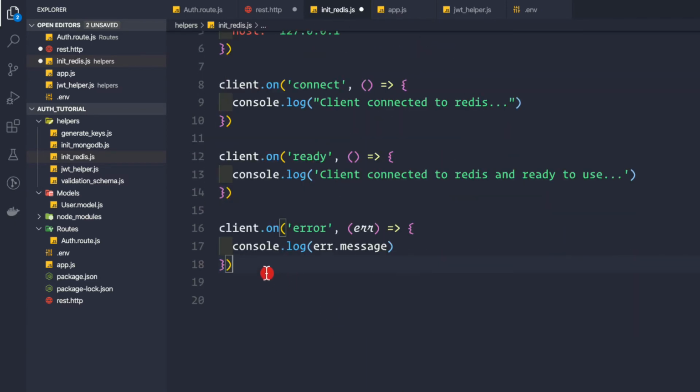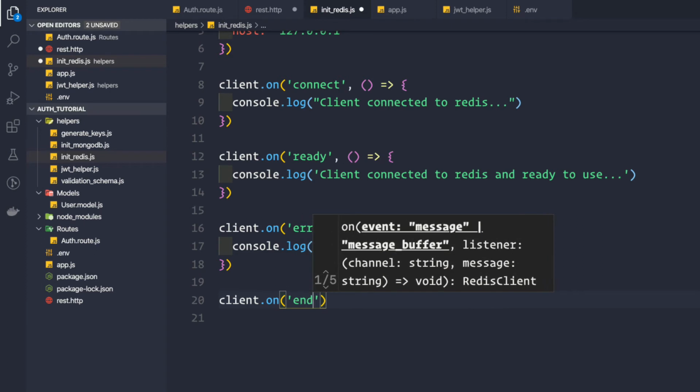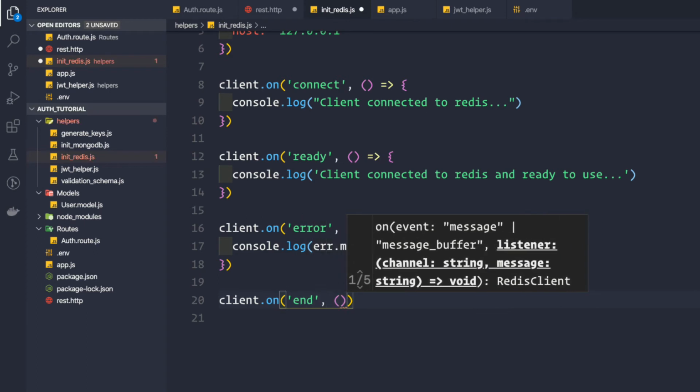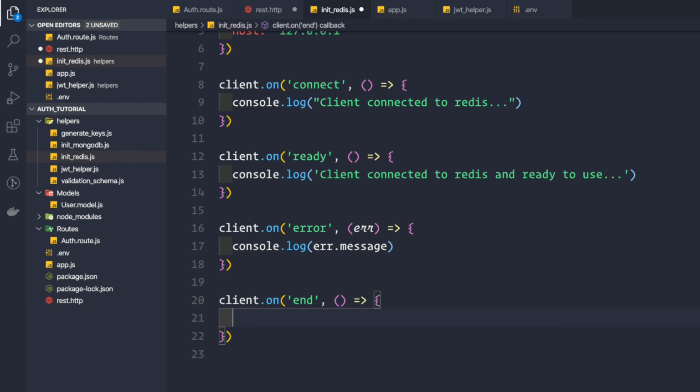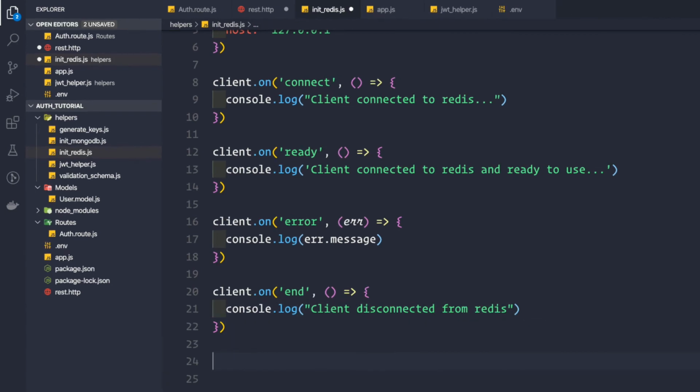So that would be fired when the client is disconnected. So client.on, and here we have the end event, that is the Redis connection has been disconnected, that is our client connection has been disconnected. Here we can simply log that client disconnected from Redis like this.